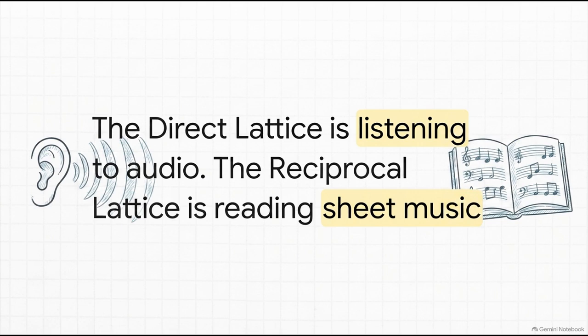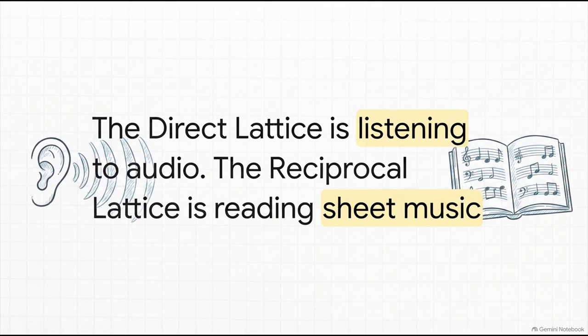Imagine trying to understand a wildly complex symphony just by looking at the physical sound waves jumbled on a screen. That's the direct lattice. It's the raw physical reality. It's like just listening to the audio. The reciprocal lattice, on the other hand, is like reading the sheet music. It is a completely different way to represent the exact same symphony, but it's organized by frequencies and harmonies instead